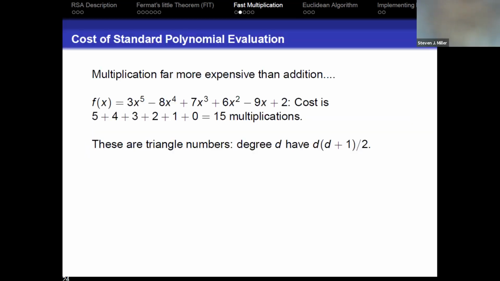So imagine I give you the beautiful function f of x is 3x to the 5th minus 8x to the 4th plus 7x cubed plus 6x squared minus 9x plus 2, and I want to evaluate it at a value of x. You should imagine that these numbers x are very large. When I'm multiplying numbers or adding numbers, there's a different cost. If I have two 200-digit numbers, let's say we write the numbers in base 2, how many operations is it to add two 200-digit numbers, roughly?